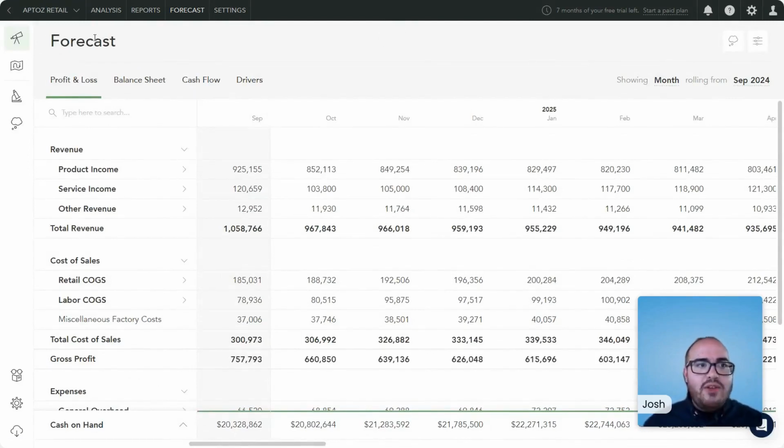Now, I've already created a forecast for our company here. We're working in an entity called Aptos Retail, a company that has two major revenue lines. A lot of our revenue comes from product income, but we're also looking at building out a new kind of service line where we're consulting with our clients. That's going to be a big point of emphasis as we build out this forecast: that service